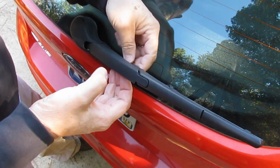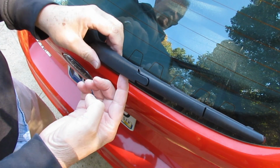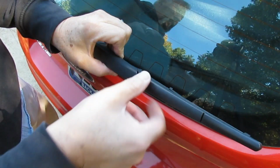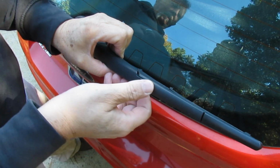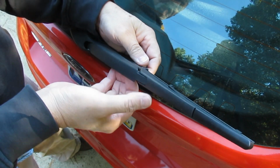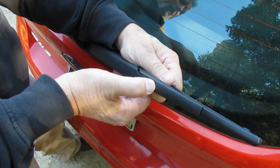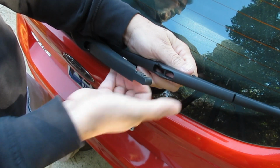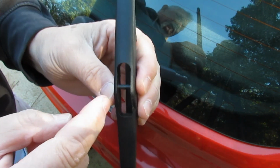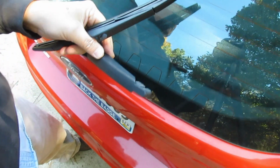This has got a different type of arm. It doesn't lift all the way up and lock out like a normal front wiper arm does, and the holder is not a hook type holder like a typical front is. It actually just pops in, so it's going to make you feel like you're going to break it, but you won't. Just hold the arm up, get the wiper refill, and give it a good push out like that with your thumb, and you can see in here how it's just got a bar,